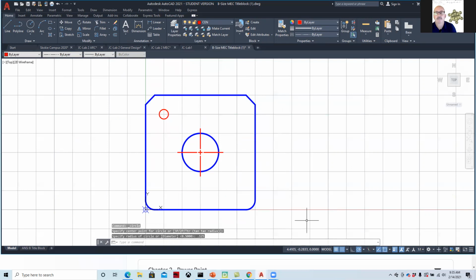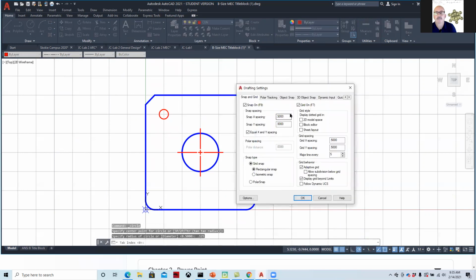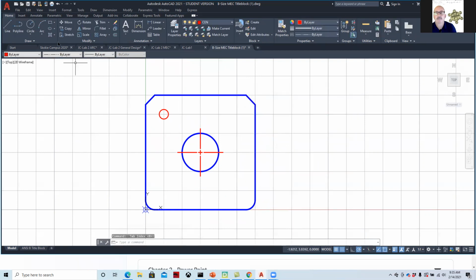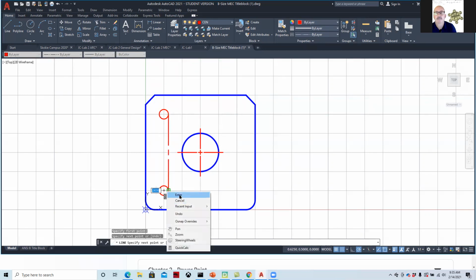Okay, that doesn't work with my snap. So you can go into your snap setting and just dial it down. Just dial it down to 0.125. And so it takes a little while to get sort of fluid with CAD, but we have the videos for it. And then after a while, we'll turn you into a black belt CAD user